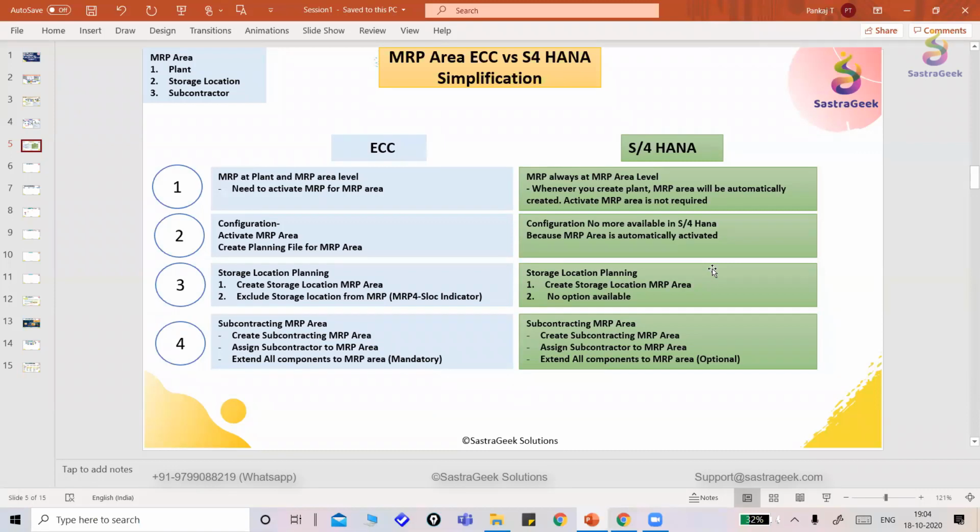So the system will not consider the stock which is lying in that specific storage location in the MRP. The second option, which is there at MRP 4 level, we can also have an additional indicator. That option is now not available in SAP S/4HANA. And the fourth simplification we discuss is in case of subcontracting MRP area, we need to create the subcontracting MRP